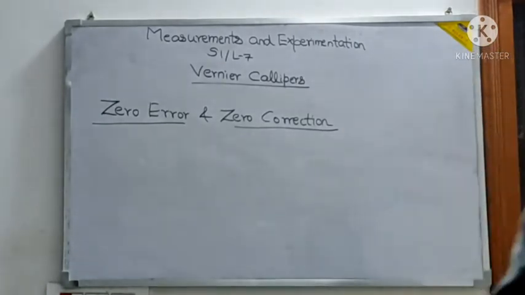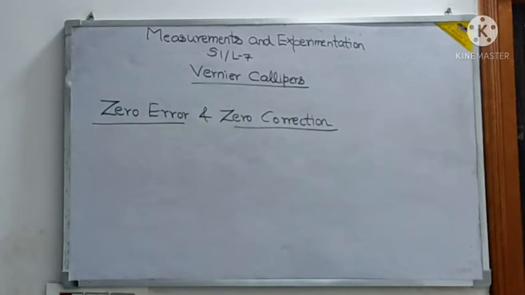So what is the meaning of zero correction? Zero correction means that whatever value is coming with the error, the observed diameter or whatever we are measuring, suppose we are measuring the external diameter or the internal diameter, the value measured with errors has to be corrected. And how to correct? Corrected using some correction, and that is called zero correction.